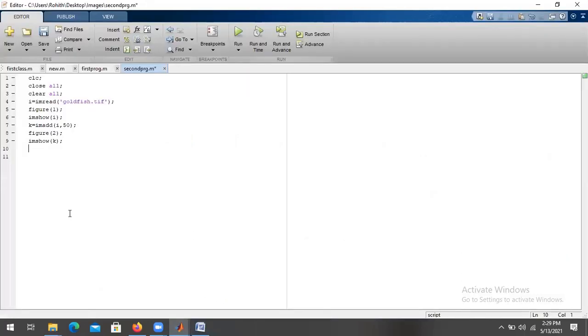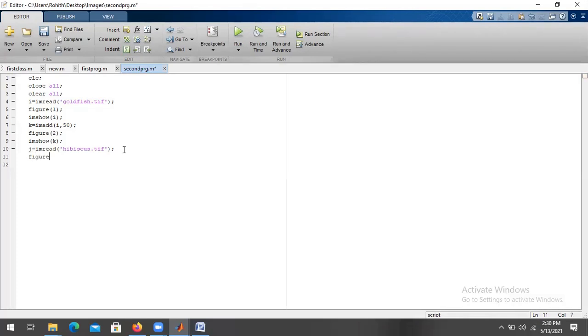So I am taking J as an input, imread, dot TIF. I'm trying to take this, and here I'm taking one more figure.